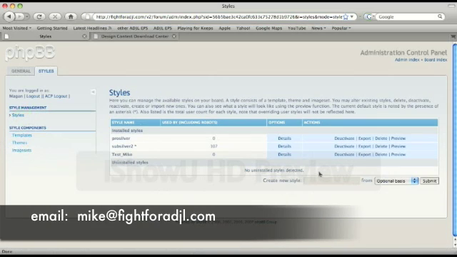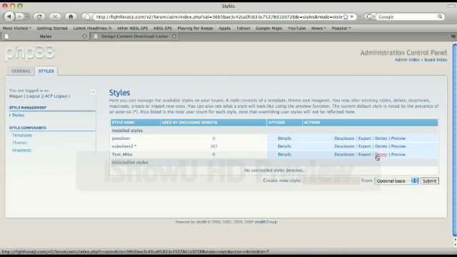One last thing. If you are one of those malicious people, I'm not saying you are, but if you decide that you want to delete somebody else's style, you can go ahead and do that. However, there are plenty of admin logs. And your name will pop up and it'll say, so-and-so deleted style so-and-so. And I will know. I will definitely disqualify you from the contest if you delete someone else's style, and deleting someone else's style may also involve being